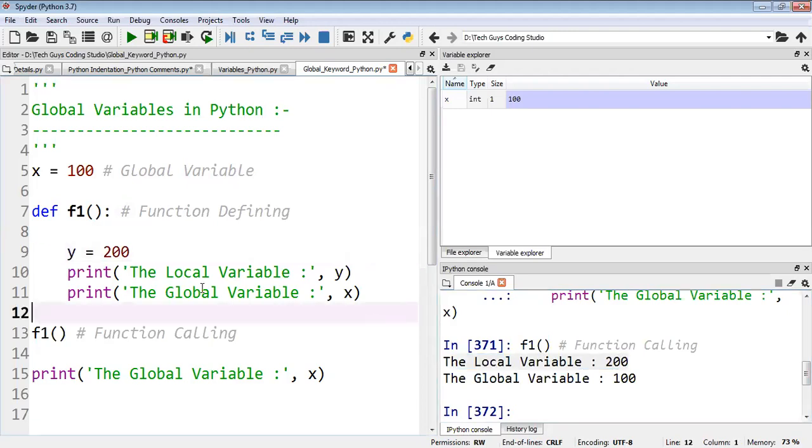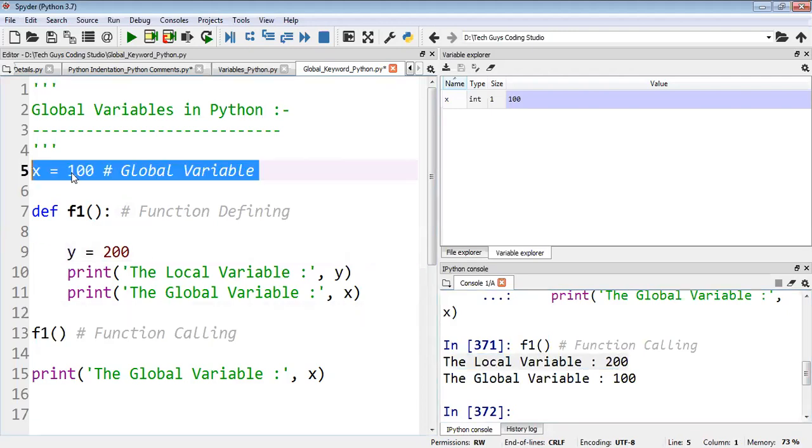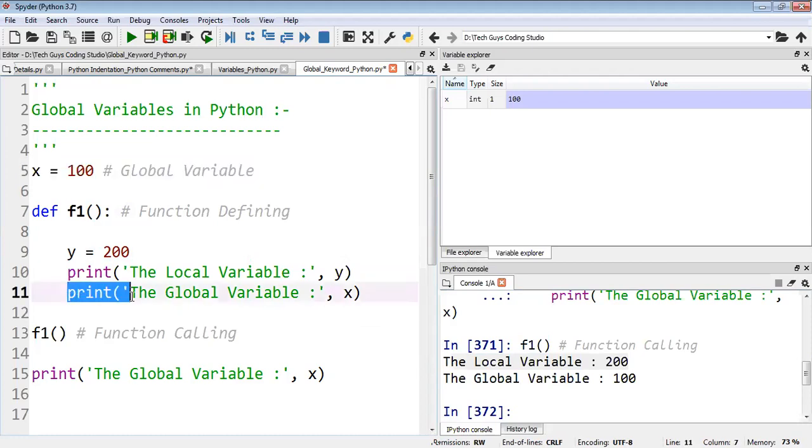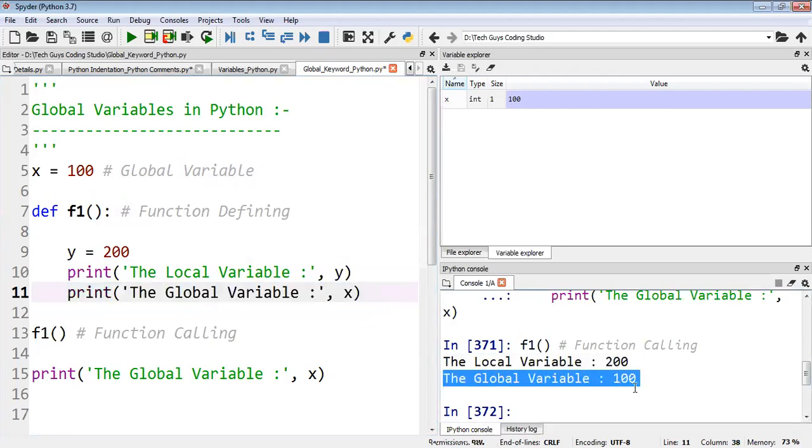But my global variable value is 100, and I wrote it inside the function as well. That means the global variable we can access outside the function or inside the function, but the local variable only inside the function.